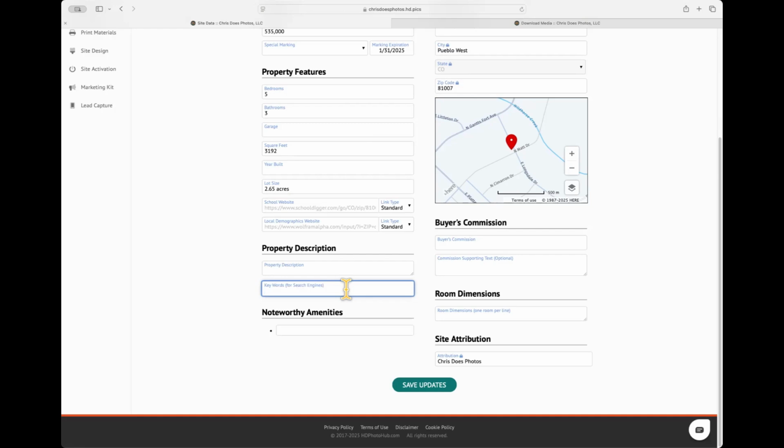You can also add keywords for a search engine. And then noteworthy amenities. These would be the bullet points. Think of them as bullet points on a video or bullet points on a flyer. So let's say you wanted to add recently remodeled, you could do that there. But let's say you wanted to add other things like large deck or great mountain views or oversized garage. You could put all of these things here, and then you will have those available to automatically populate on